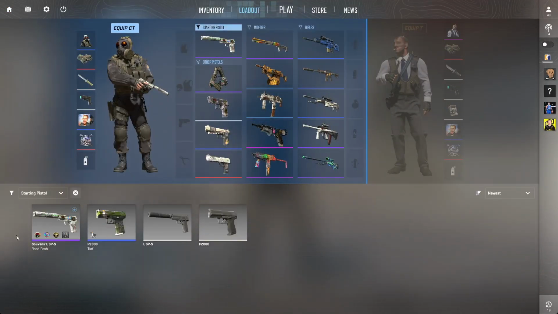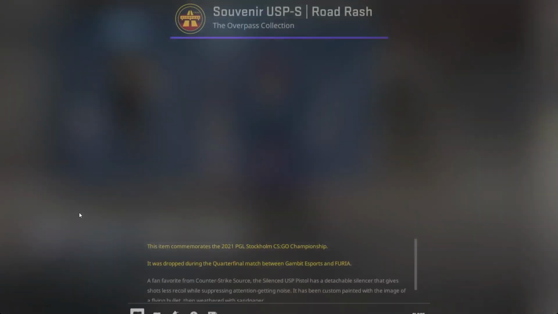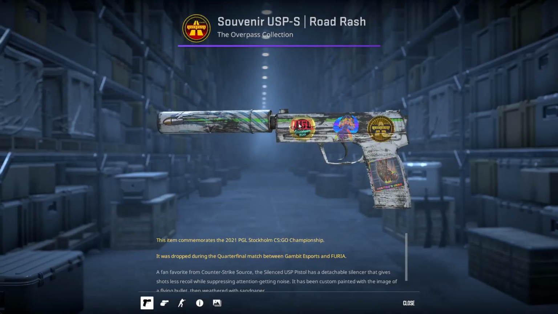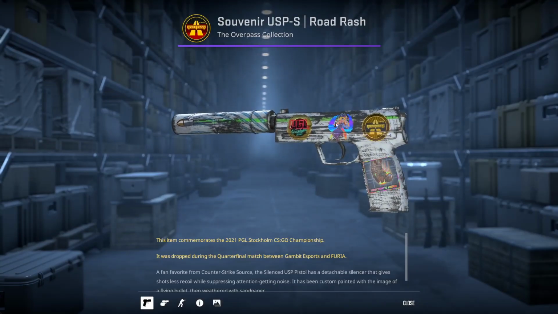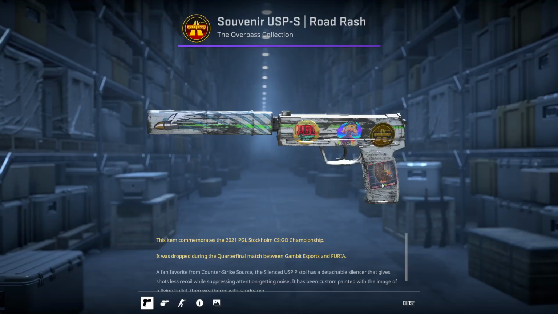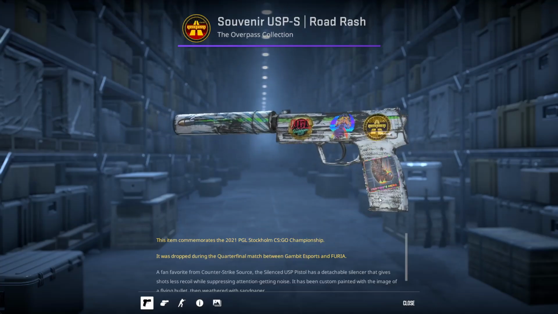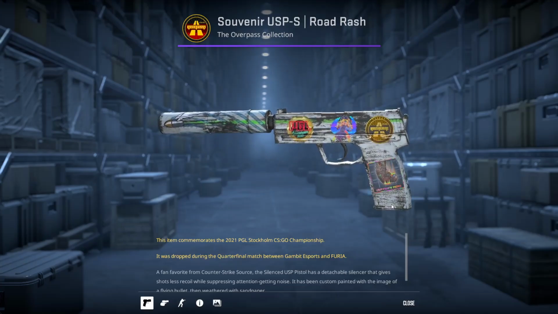So first off, we have the starting pistols. I have this Souvenir USP-S Road Rash. Came with the Overpass and the PGL thing, and I think this one actually had this little anime girl thing on it. You'll notice a lot of my skins I have Vertigo Hero stickers on,